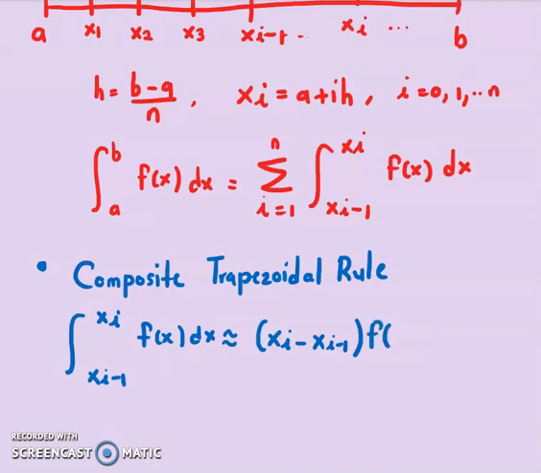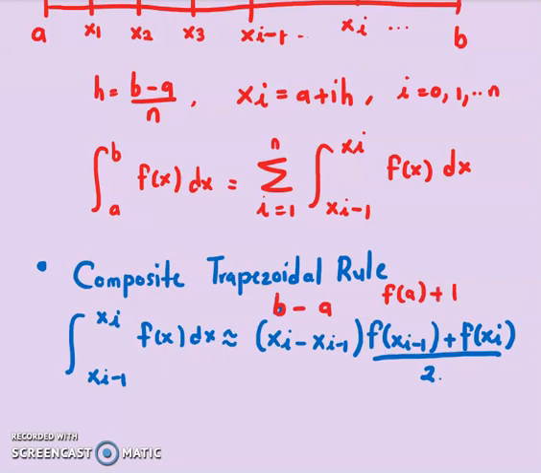So f at xi minus 1 plus f at xi, divided by 2. Recall this is actually your trapezoidal rule without n subintervals: b minus a times f of a plus f of b over 2. Now if we are dividing into n subintervals,